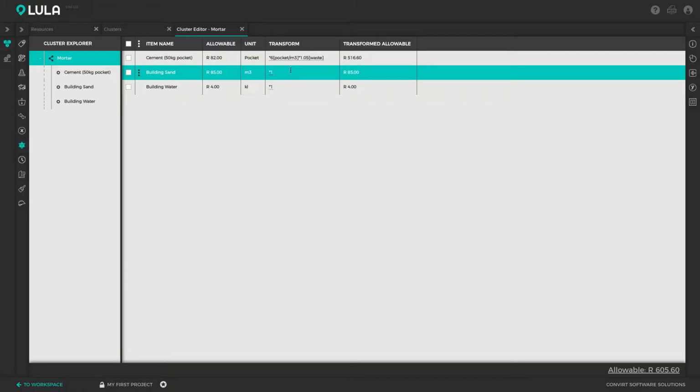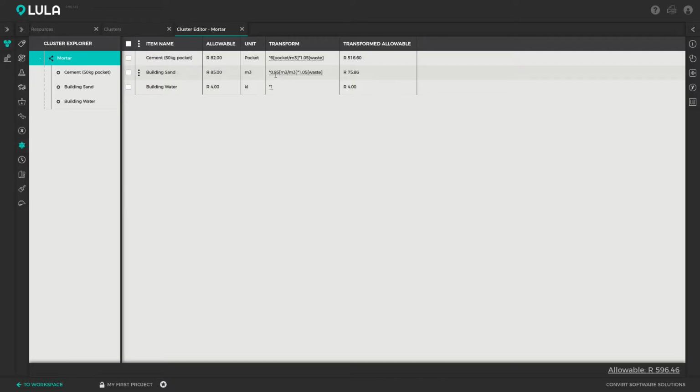All right. So building sand, let's say we need about 0.85 cubes of building sand for every cube of mortar that we mix. And let's say we also waste about 5% of our sand when we do mix the mortar. So I'm going to multiply it with 0.85 cubes per cube, and then multiply it with 1.05 waste. Okay. So now we can see that it costs us 75 Rand for the building sand when we mix 1